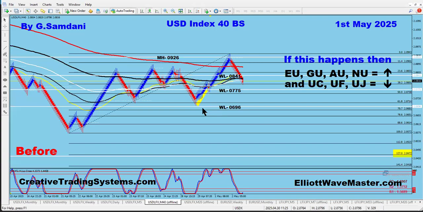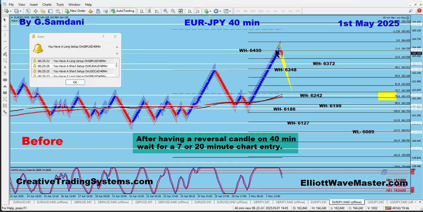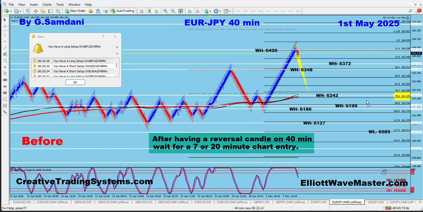So pay attention here again. What the heck happened here? No, not this one, this one. All right, so if you pull the fib from here, 78 is coming exactly at this 62.42, which is a huge number in euro yen, right? Very, very big number. So now probably it's going to drop here. And then after that, from 78, usually it goes back to 38, which is also coming exactly at a weekly high number, which is 63.48.